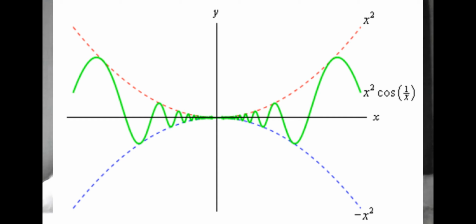We can confirm this by showing the graph of these functions, and seeing that at x equals 0, the original function is smushed right between x squared and negative x squared. The Squeeze theorem only works for very specific limits, i.e. limits that you can squeeze or sandwich between two finite values that are equal to each other, which is not